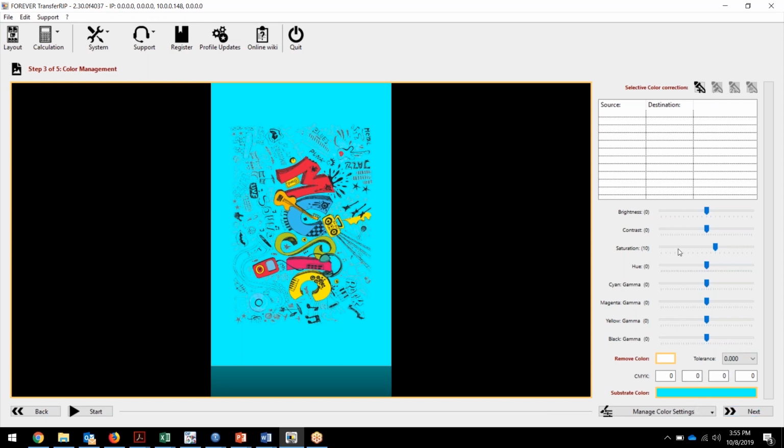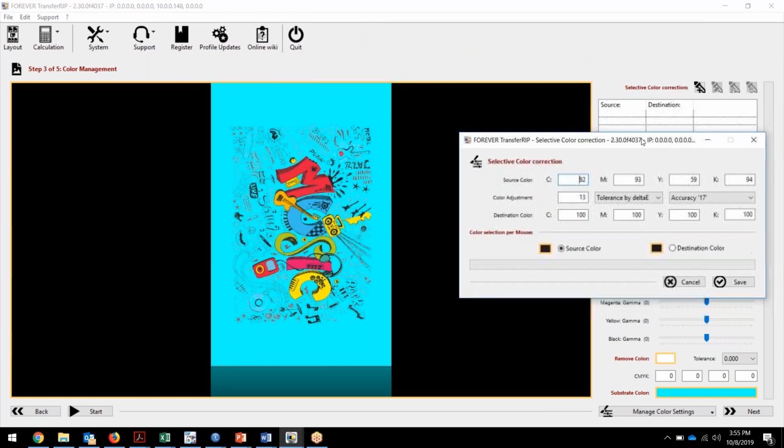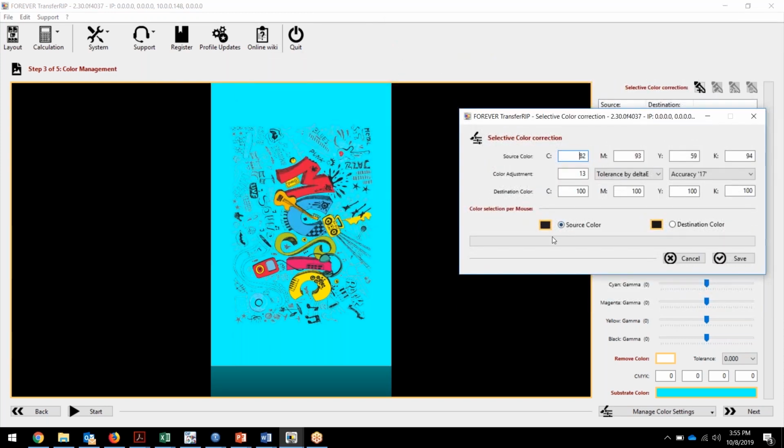So let's get into color changing. If you come up here to the selective color correction and hit the plus, you will be able to now change colors. So if I select this red right here and say I just wanted it to be blue, all I would do is go to destination color and click the color I wanted to change it to, and this